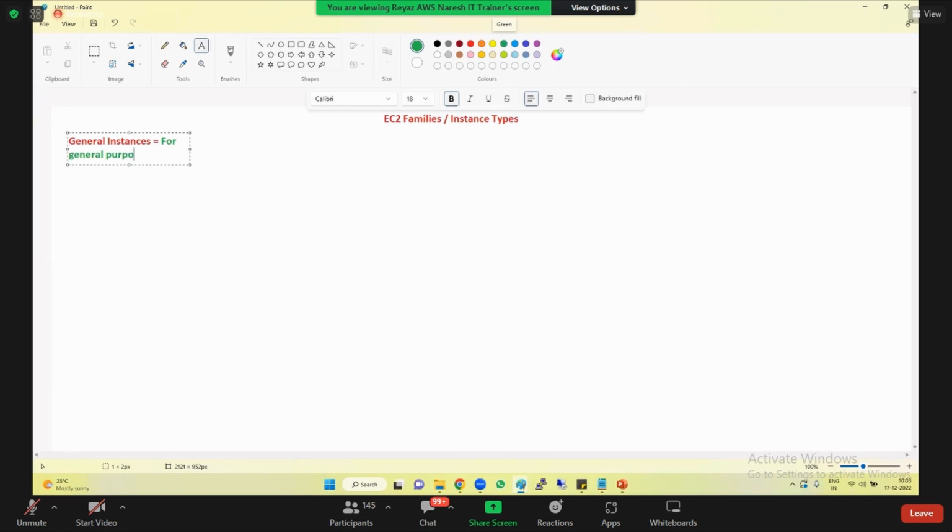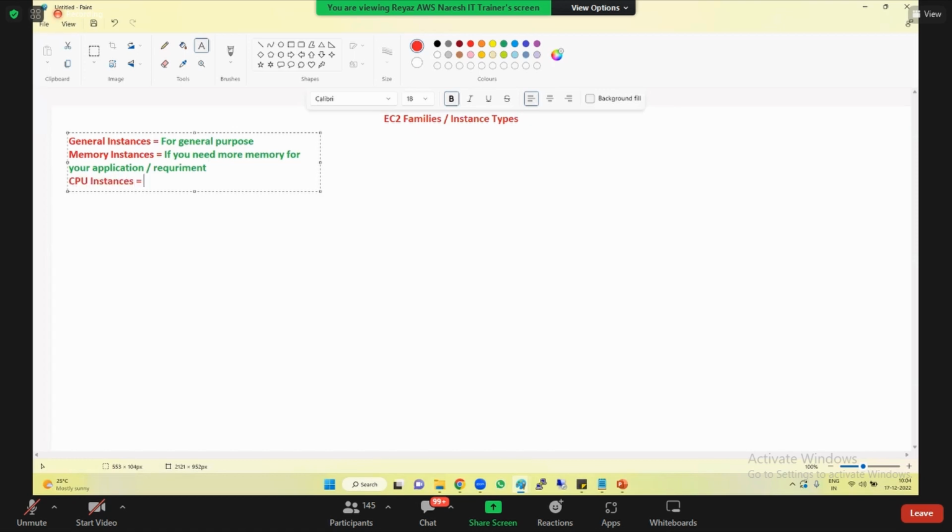For general purpose, you use it, guys. So this will be good for all your general purpose related things. There are a few machines, like there is one family called memory instances. When do you use memory instances? If you need more memory for your application, or if you have a requirement of, hey, I need more memory, then you can choose. There is a family called memory instances. Inside that, you have different types of machine. I'll talk about what is instance type soon, but these are all